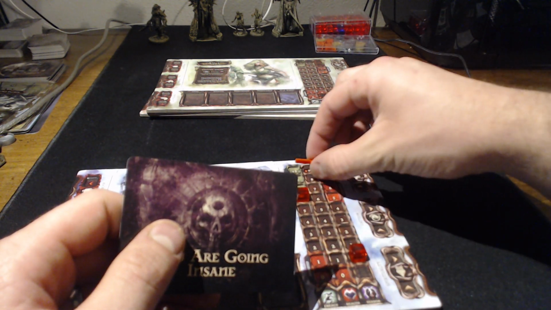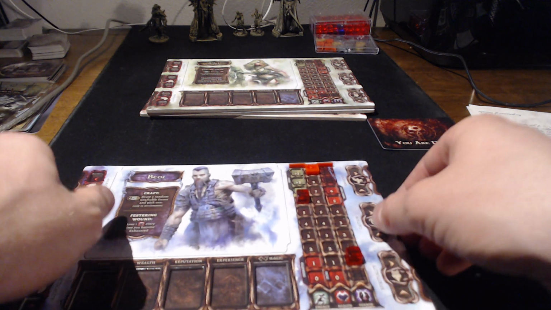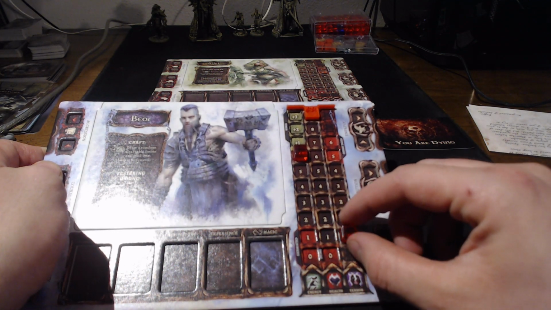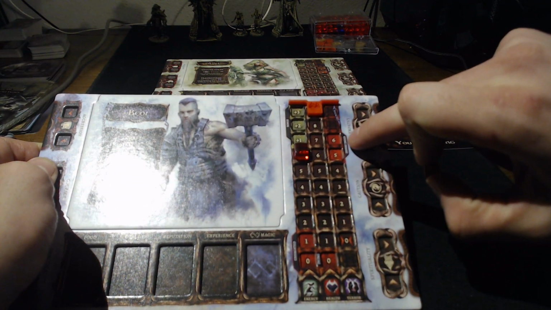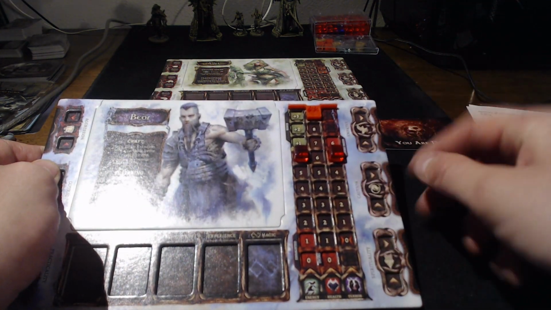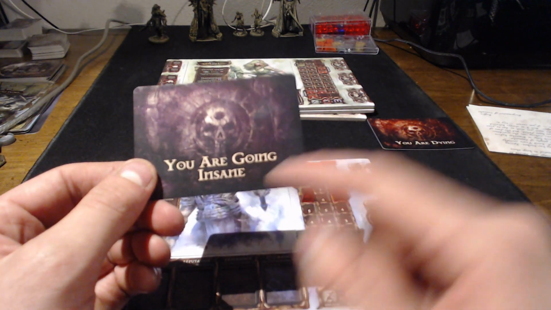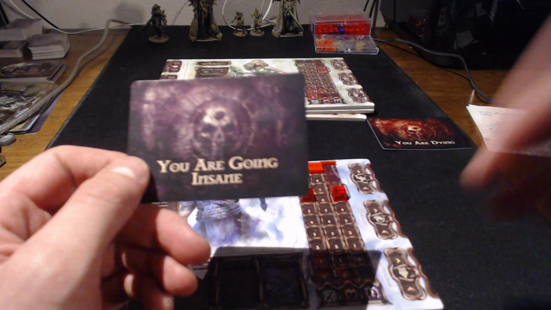Now, last thing about this track for now is your terror. Terror is the opposite of your health. Instead of going down, if your terror reaches up into here, into the 5 and 6 range, it says "Going Insane" right here. If you ever enter this section with your terror, you will then receive a "You Are Going Insane" card. Just like the "You Are Dying" card, this will lay out the terms of